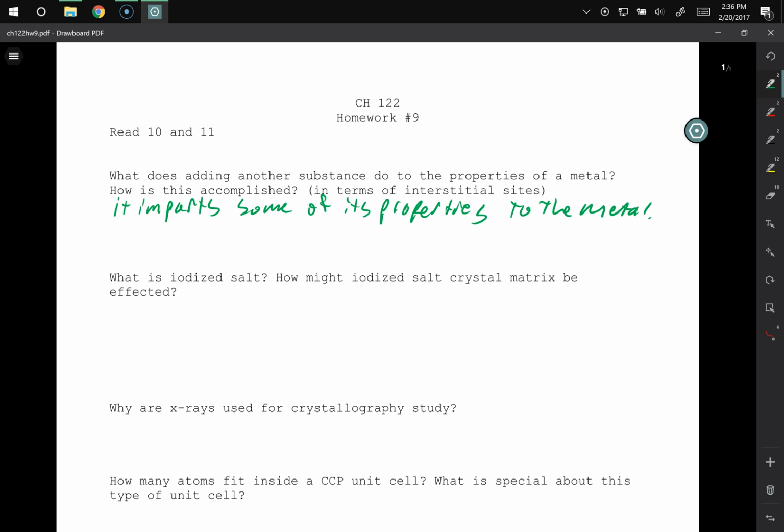It imparts some of its properties on the metal. In terms of interstitial defects, what do we say with that? What do you want to say about that? No, just like how is this accomplished in terms of interstitial defects? Besides the vacancies, what are the other two types? Big one. Yeah. Substitution deals with things like